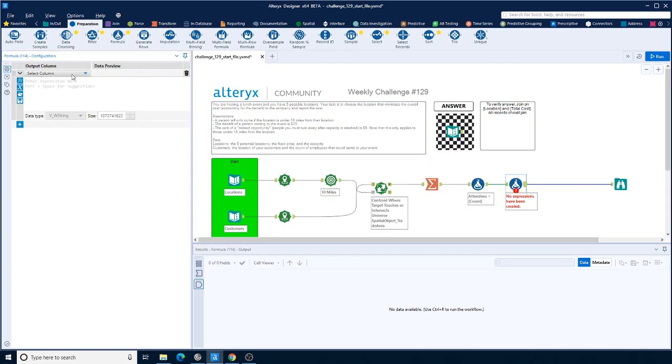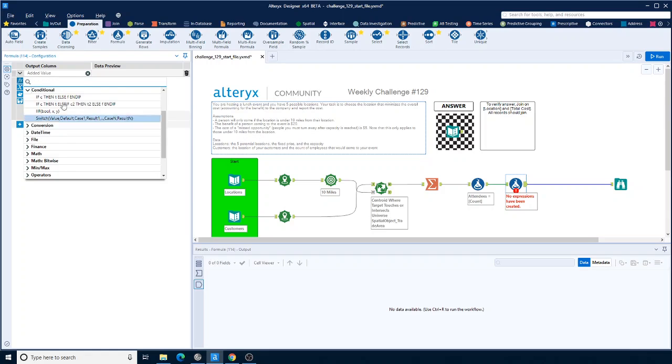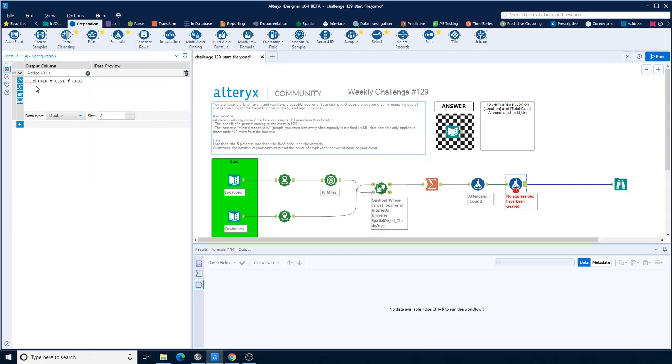So that's added value, and we want that to be a double, I guess. So this is a formula where it's the number of attendees, but you can't go over the capacity. So let's do a conditional. So if